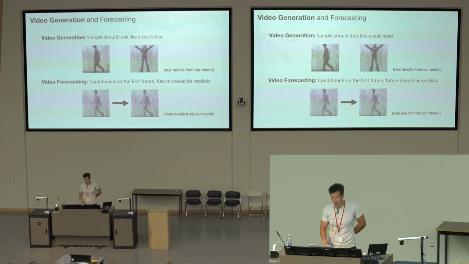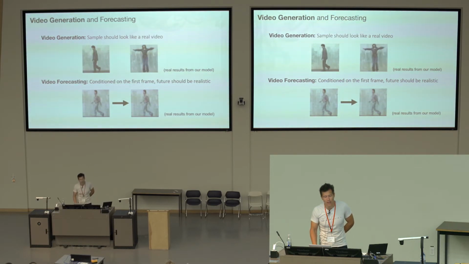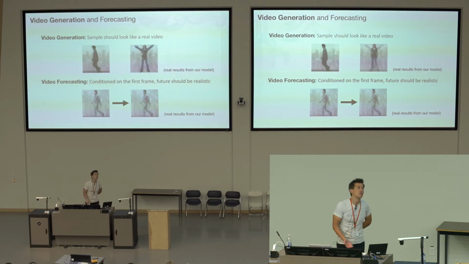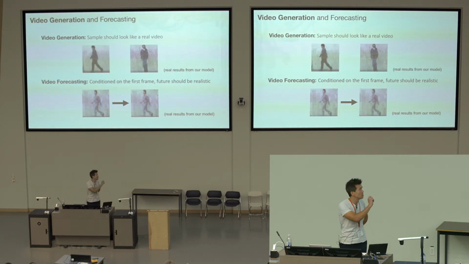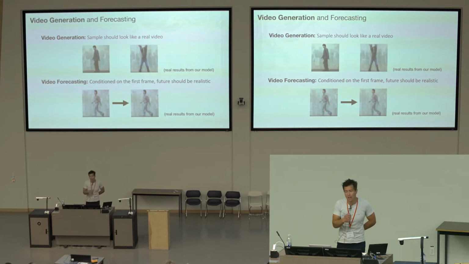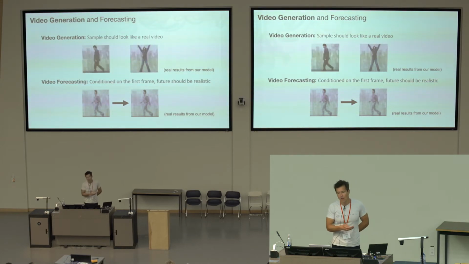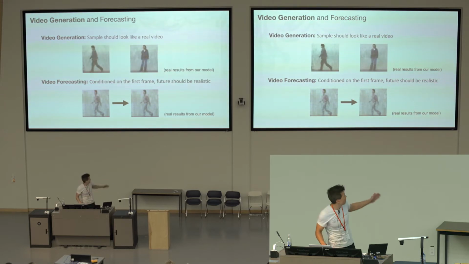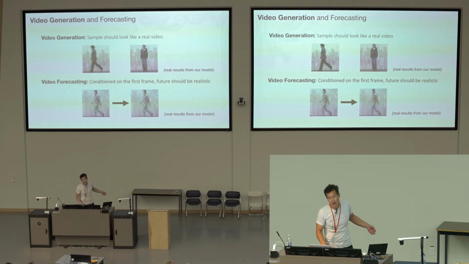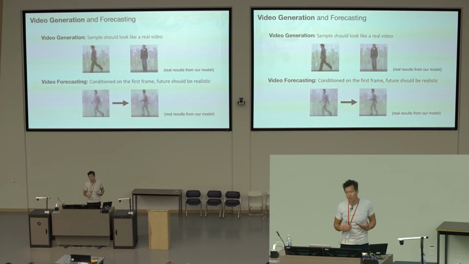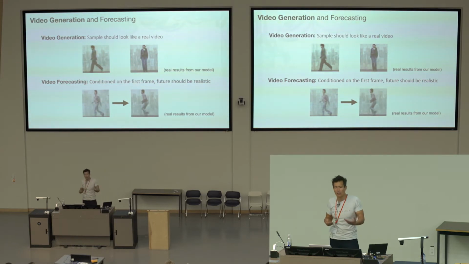So when it comes to generating videos, what we like is a few different things. First of all, it's very important that the things that we generate actually look like a real video. So what we like to do is generate novel frames, and each of those frames actually has something that we care about. But beyond that, it should be realistic in the sense that it's a reasonable interpretation of what might happen in the future. So for example, if I have the frame down here on the bottom left as my first frame, I'd like to generate a following sequence that's reasonable.